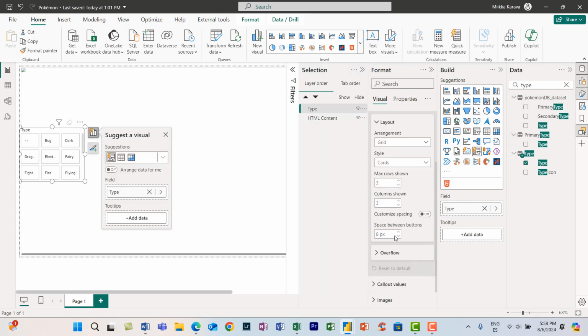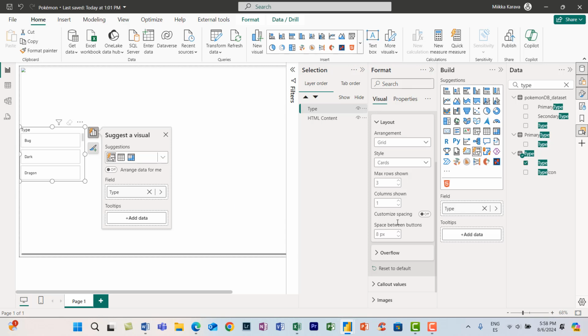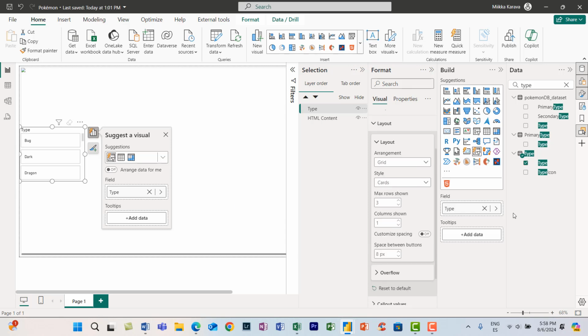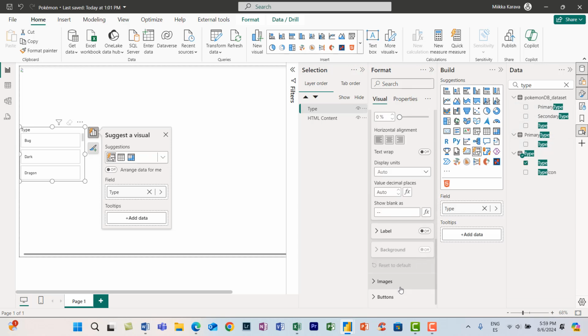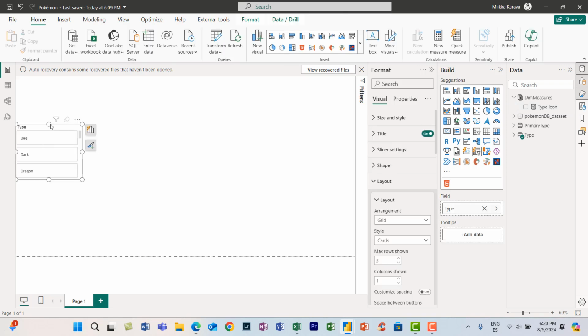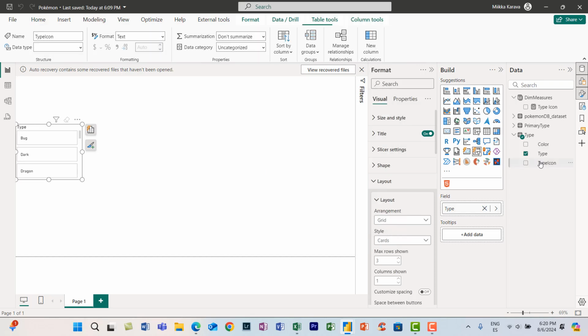I'm changing the layout to display only one column and 3 rows and removing the blanks. First, we have to change the data category to image URL,